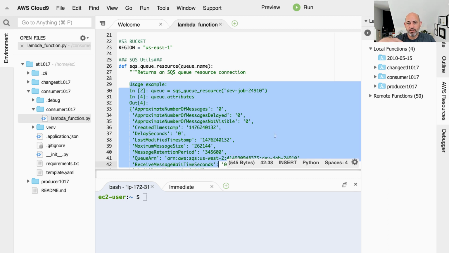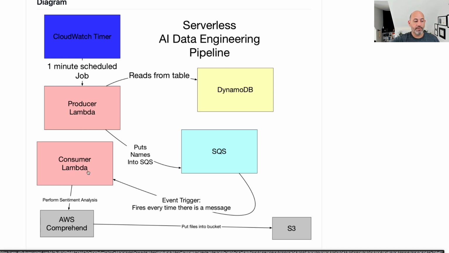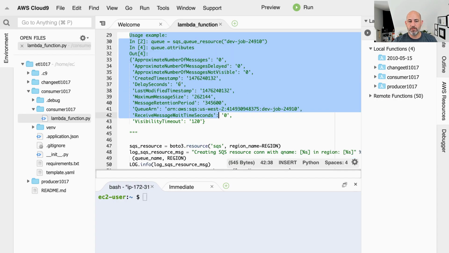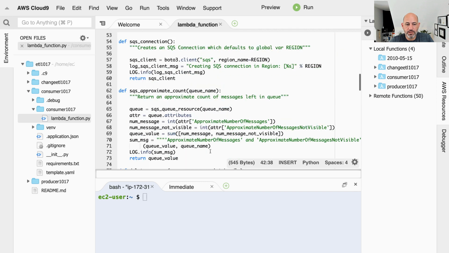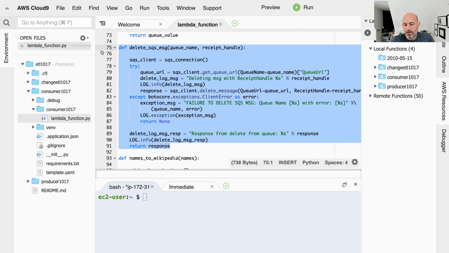So this Lambda function, if I go back to the picture here, effectively just sits on the queue. You can almost think of it as waiting for jobs, almost like taking tickets from the queue constantly to process them. And so it will need to process this kind of payload. This is what will show up in the message from the queue. And so that's what this code does at the beginning, it gets access to it. And then after I have processed the message, I need to delete it. Otherwise, I would keep duplicating the work, right? Which is not going to be helpful. I want to grab the work from the queue, do the work, then delete the message in the queue